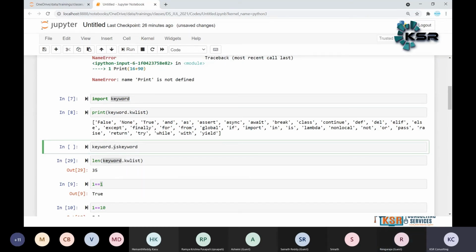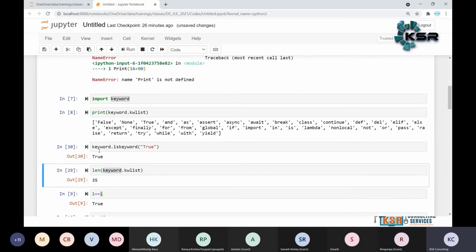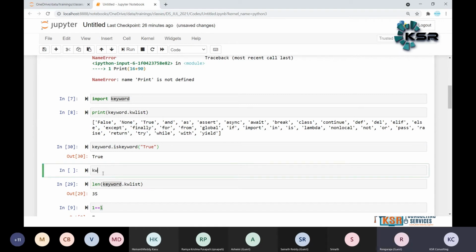It checks whether something is a keyword or not, true or false. For example, if I write keyword dot is keyword and pass False, is it a keyword or not? It returns True.